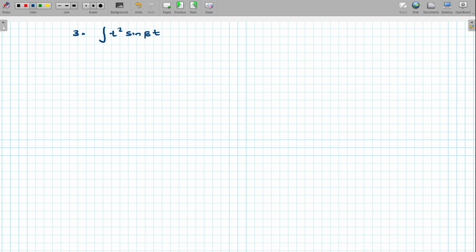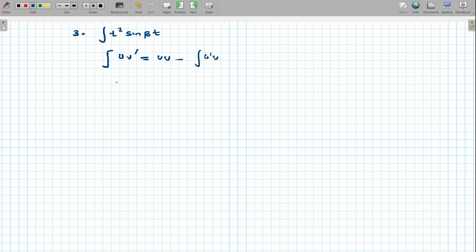All right, so for the third problem, we want to evaluate the integral of t squared multiplied by sine beta t, where beta is just some real number, and let's see what this is going to give us. Okay, so now again we need to choose our u. So first of all we have to write the formula. So the integral of u v prime is going to be equal to uv minus the integral of u prime v,